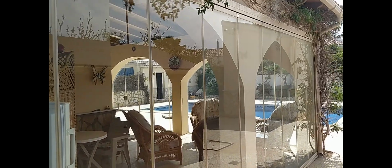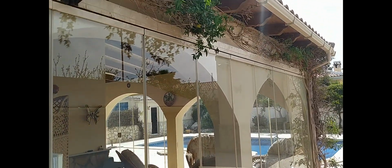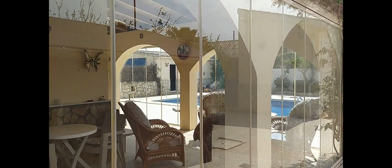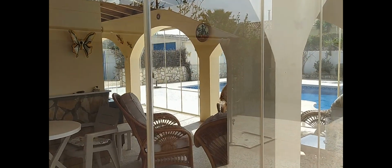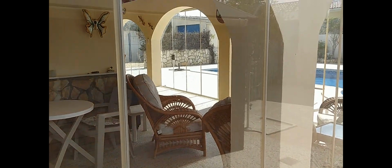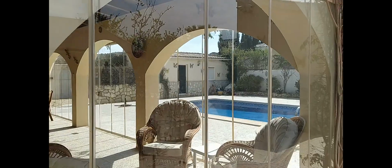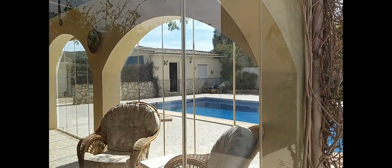It's wonderful listening to the light breeze rustling through the palms, but it's not so good on the audio, I appreciate, so sorry for that guys. But here you can get a look from the conservatory from the inside. We'll do another one once we're inside the villa. And garage over there to my left, pool immediately in front,